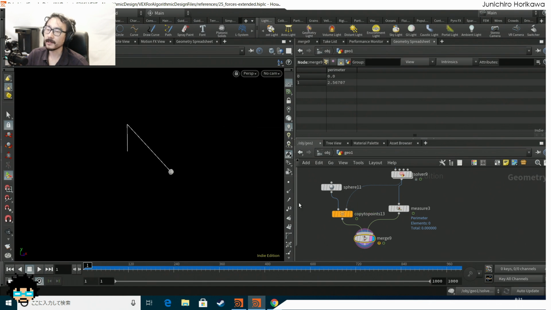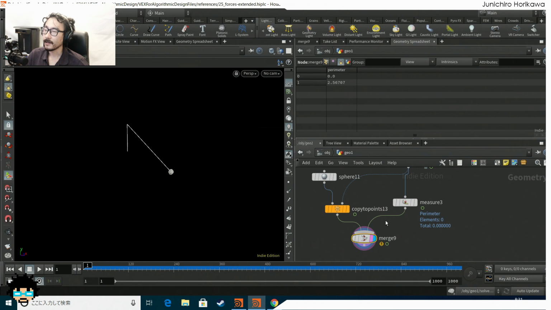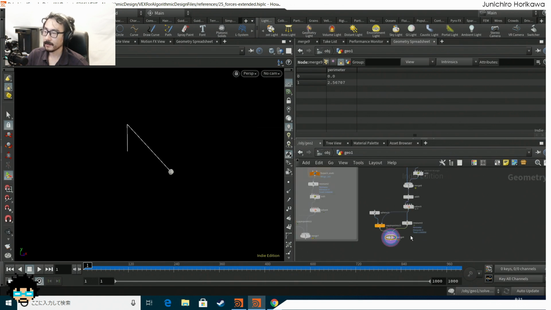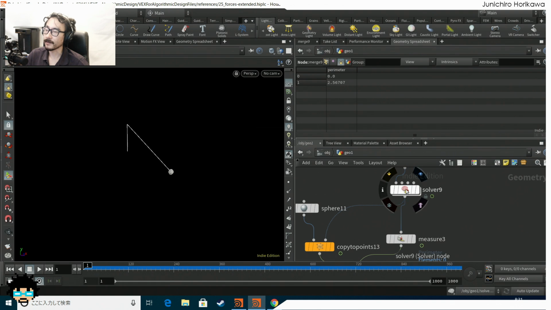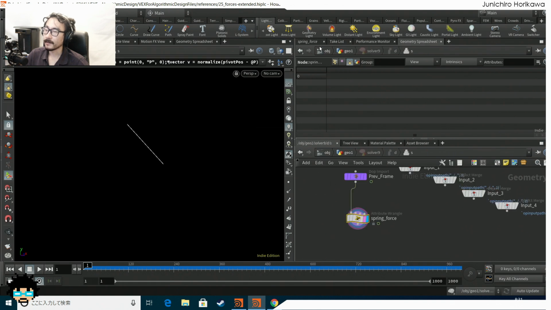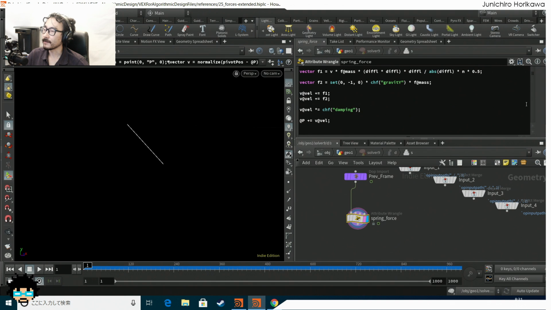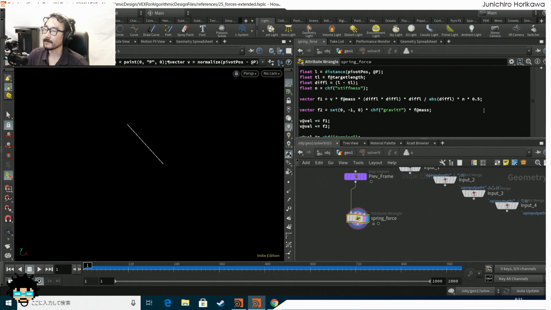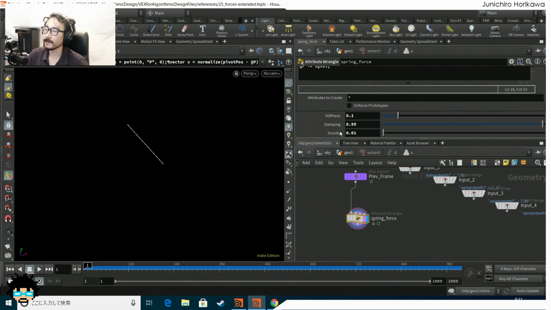So if you want to keep the length between the point and the ball to be close to the target length as much as possible, then you might want to increase the stiffness of the spring or decrease the gravity force. Now let's say you cannot really decrease the gravity force, then in that case you might want to increase this stiffness value right here. Currently it's equal to 0.1. If I set it to 1,